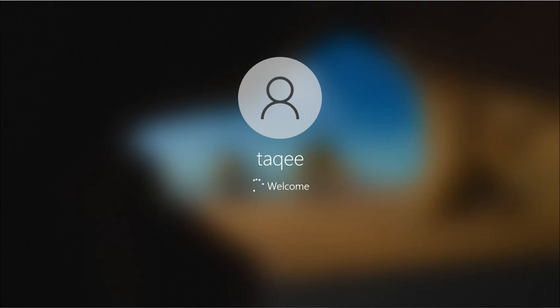So this sign-in screen is different than Windows 7 or previous versions of Windows, but it is the same as Windows 8.